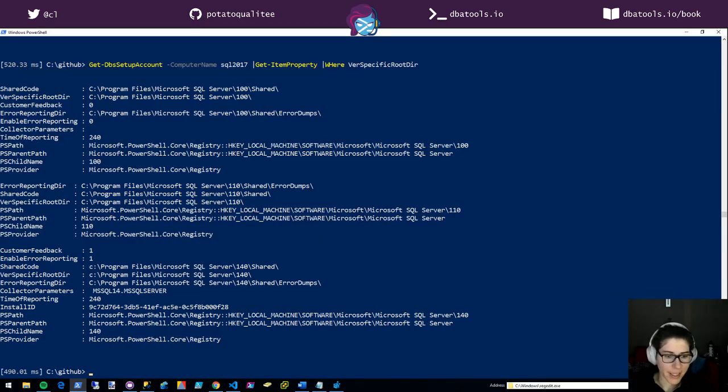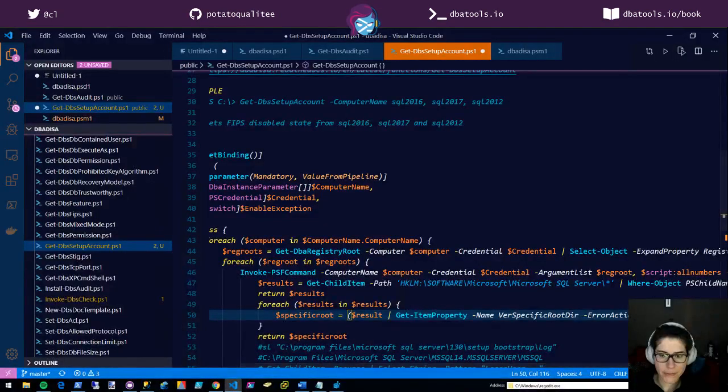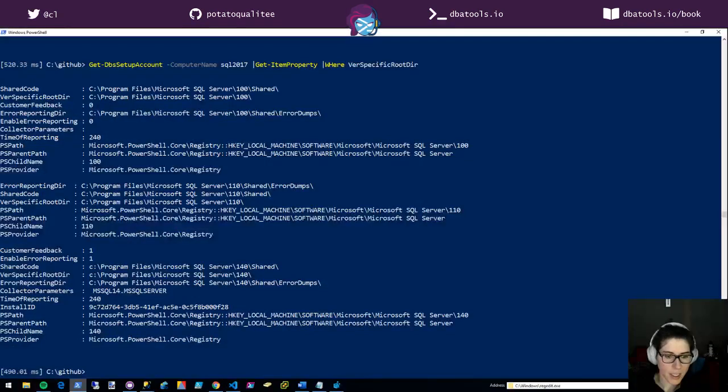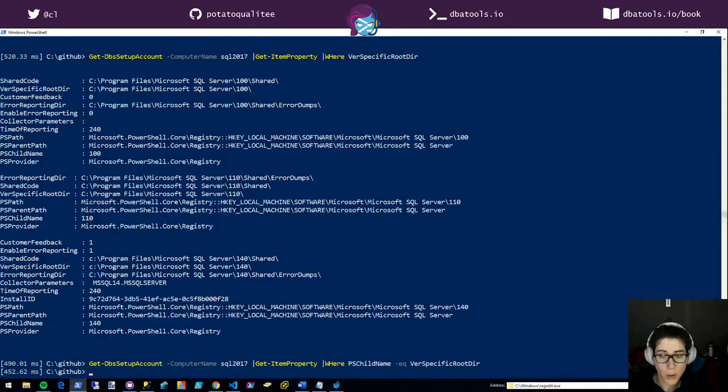No. Okay, hold on. I need to go copy paste my where up above. He has child name? For a specific root dir. No. Maybe PS child name isn't a part of get item property.